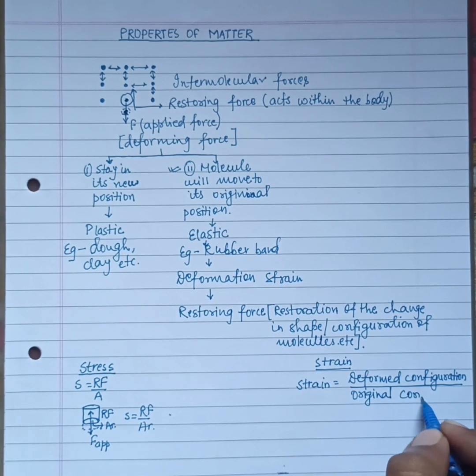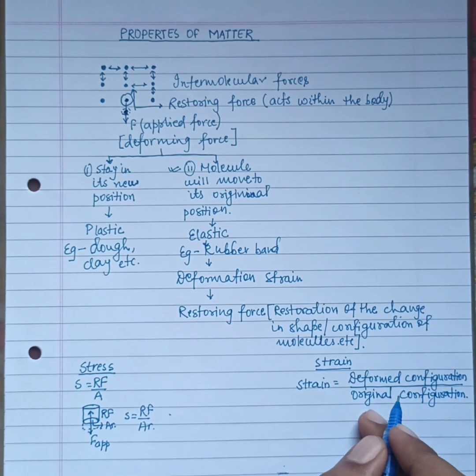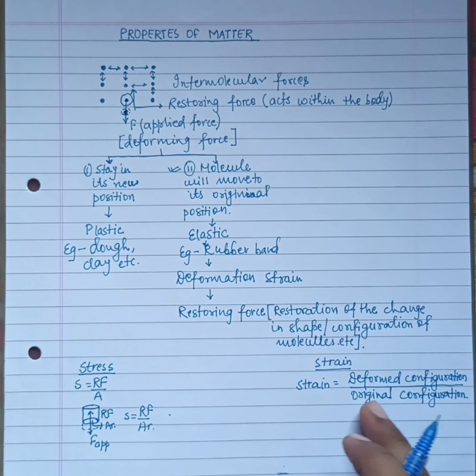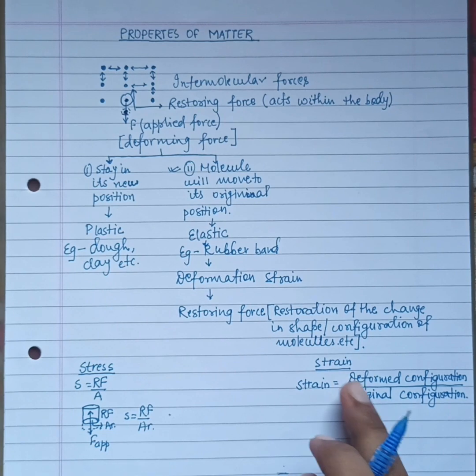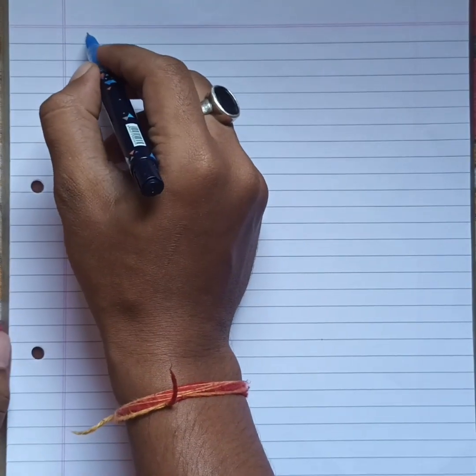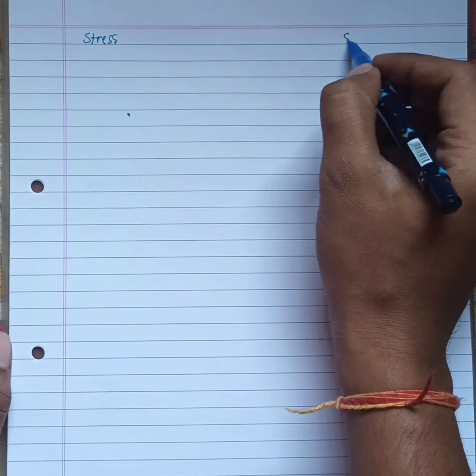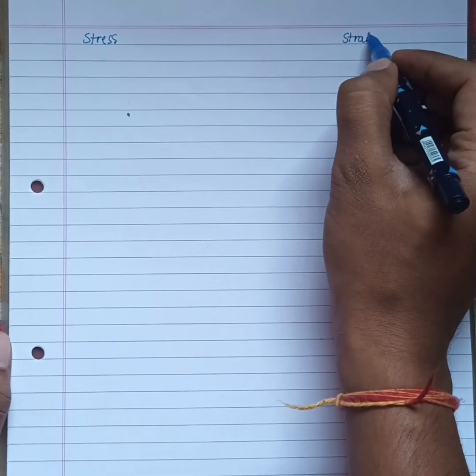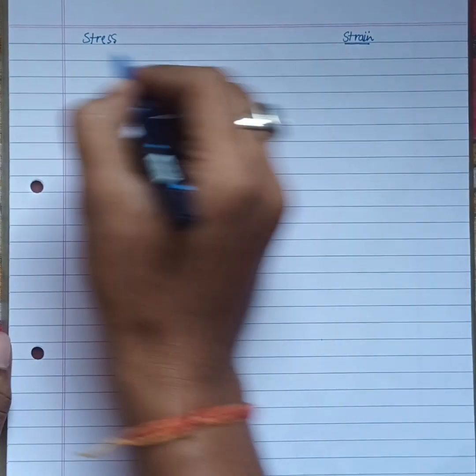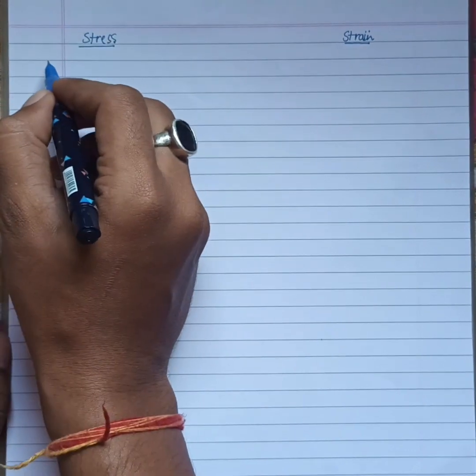Original configuration. This deformed configuration can be in the length, it can be tangential, it can be volumetric. So we will be discussing now the types of stress and types of strain. Simultaneously, we will discuss both the things. The first thing about the stress, the first part is